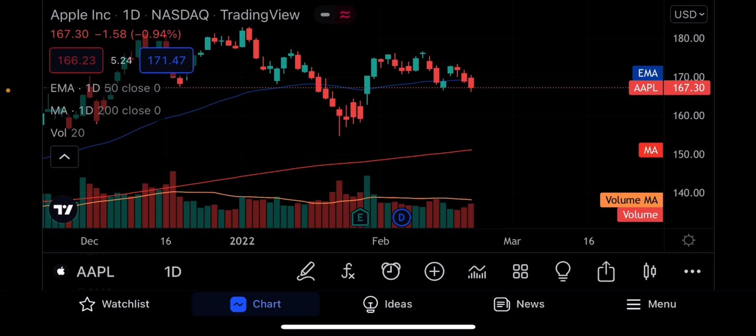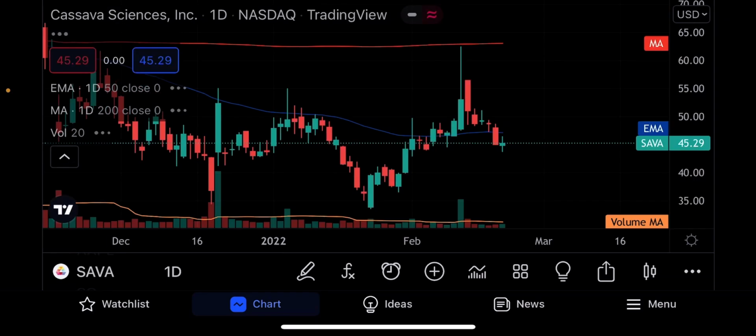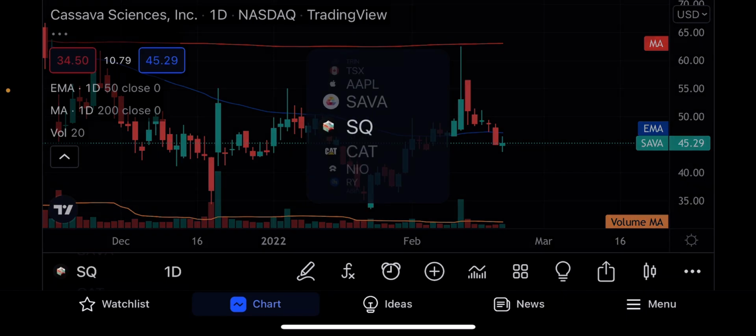You can see the days where it's above its volume moving average. Those were more of a concern, and that's where we hit this low and then started to move up. So Apple is in a place where it could possibly rebound. This is the little biotech stock I've been following. I'm not going to bother talking about that one.